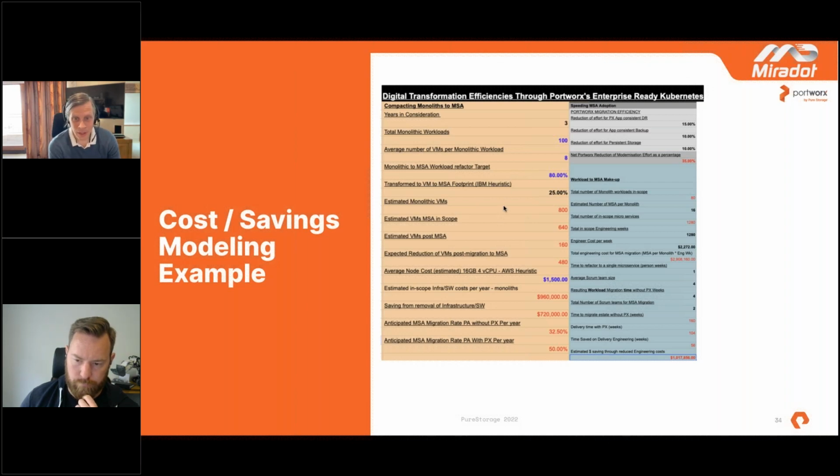And then we can estimate, all the text in red is a calculated field, by the way, here. We can estimate the number of monolith VMs, and we can estimate the microservices in scope and so on. And it gets us to thinking about also the speed at which we can migrate to achieve those savings sooner by using Portworx. So if we look in the top right, we can see the reduction in effort needed when you have an